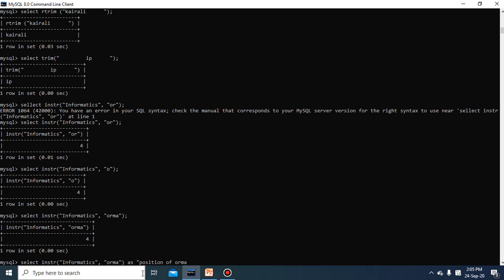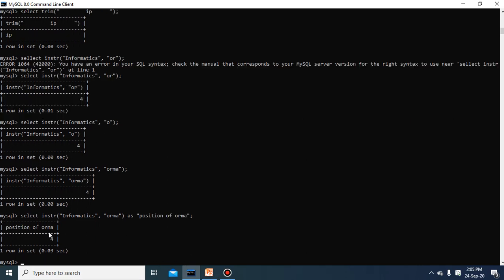Suppose I have written this. Then this time you will see position of orma coming as the column heading. So you need to take care of that. If as and any string value after as is given, you have to provide that as the column heading in the output.